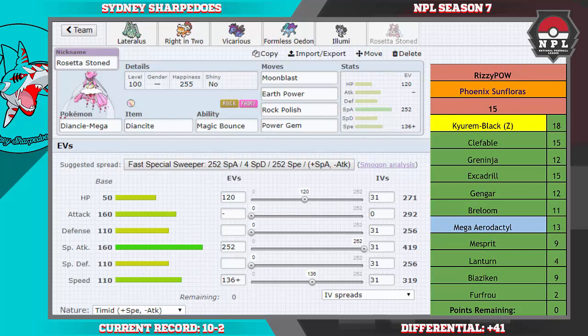I'm very happy with it. As you guys can tell, speed control has been a pretty big theme of this team. With an offensive team like Riz's, speed control is pretty critical in getting the upper hand. With such an offensive team that I've built for such an offensive matchup, having speed control is crucial to winning. So I've got dual Scarfers here with Goth and Hydra,